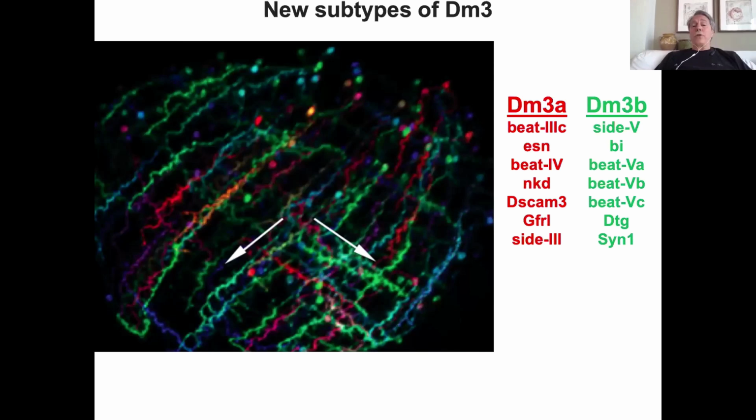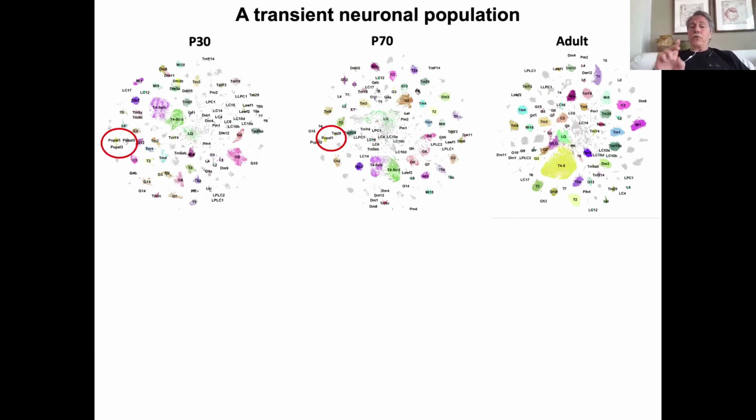And we have actually quite a number of those types of distinction we can see. And I don't want to give the list. There is so much we have to dig into to be able to understand what's going on there. I want to give you just one more example, which is neurons which don't exist in the adult, but exist at all the developmental points during pupation, during development.